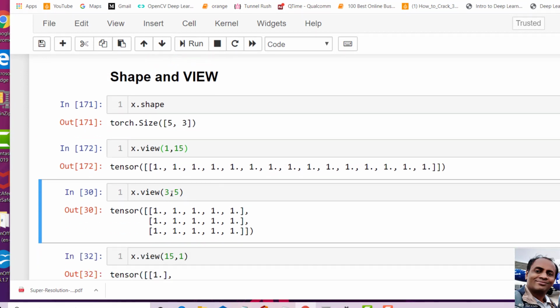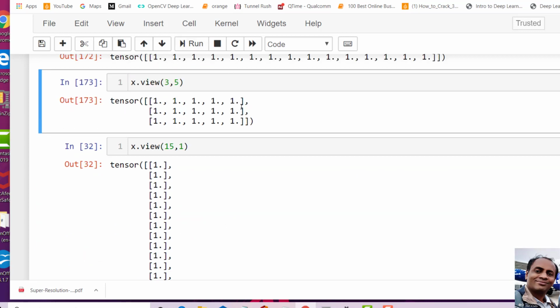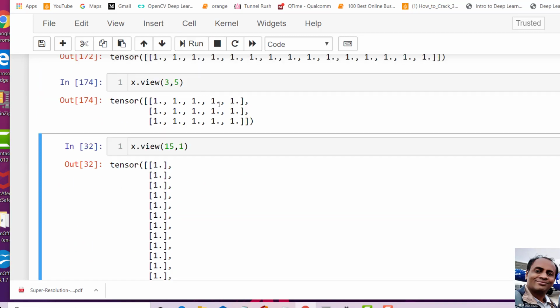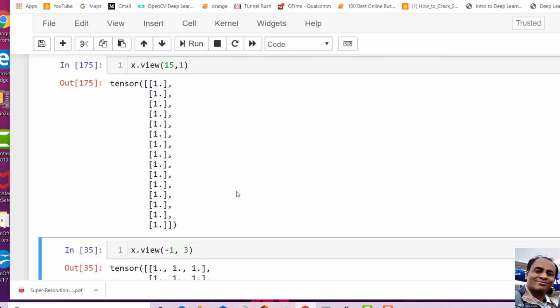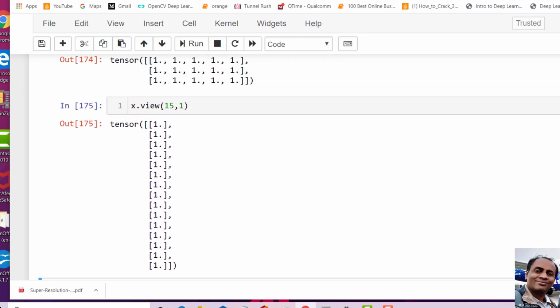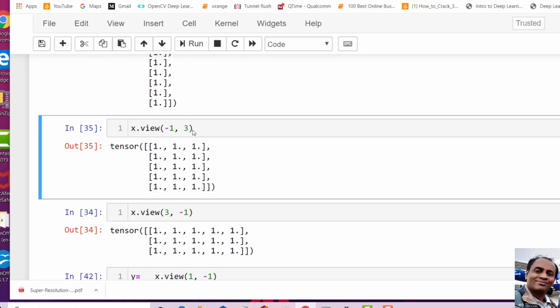If I do x.view(3, 5), I'll get 3 rows and 5 columns. This is widely used, guys, so you need to know this. Or if I want 15 rows and 1 column, this is the one. Of course, you can assign it to a y, and y becomes 15 rows and 1 column.